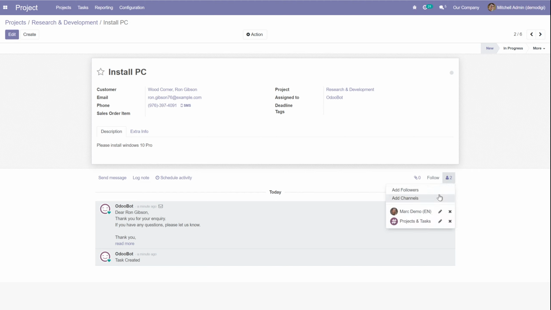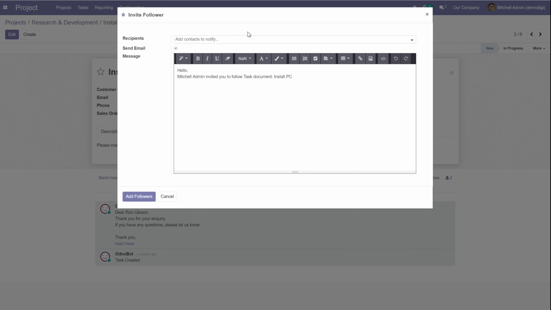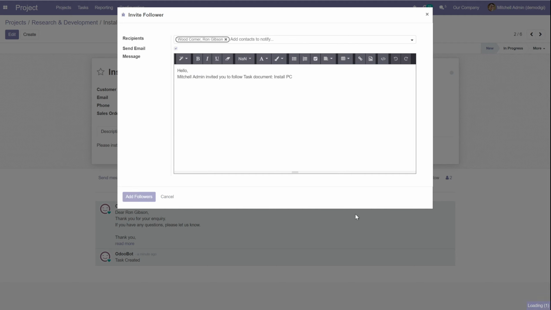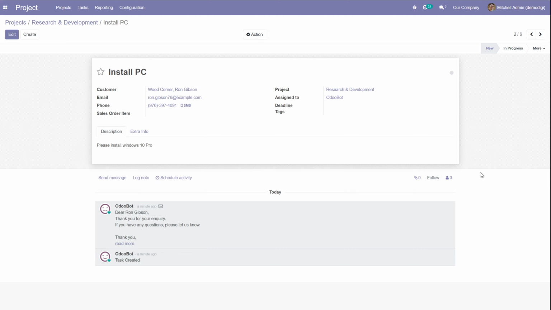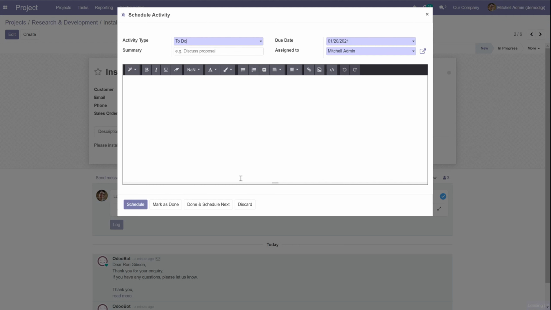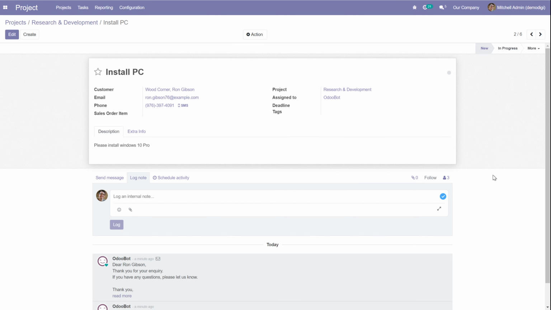We can add Ron Gibson as a follower, so that whenever we send a message, which is like an email, log a note, or schedule activity, he will be informed. But we've actually gone through all of this in projects. This was just to quickly show you how the form works and how you can use it for separate modules inside your system. Okay, now if we go back to our website